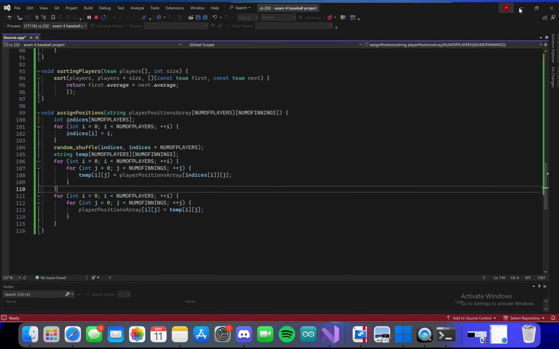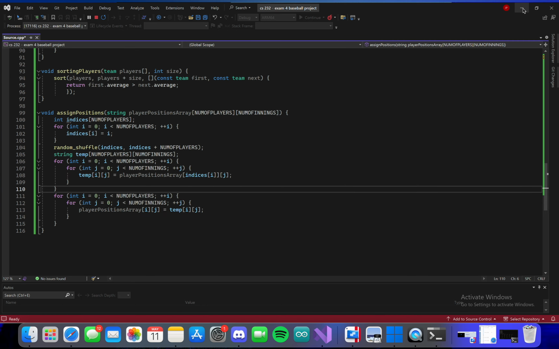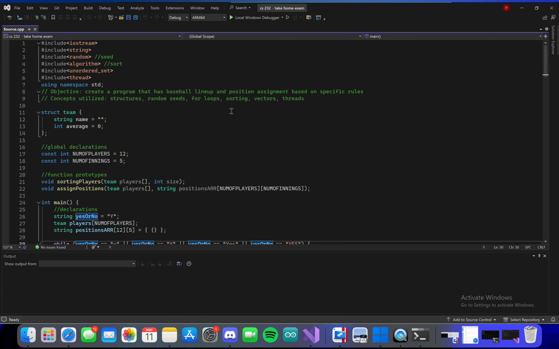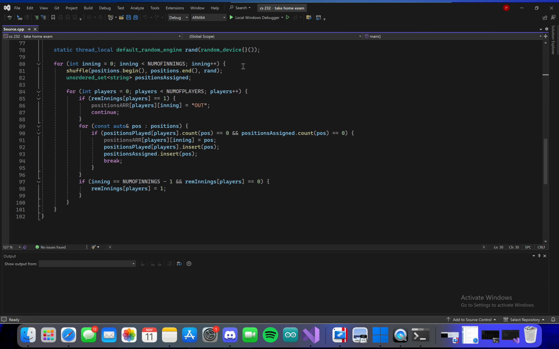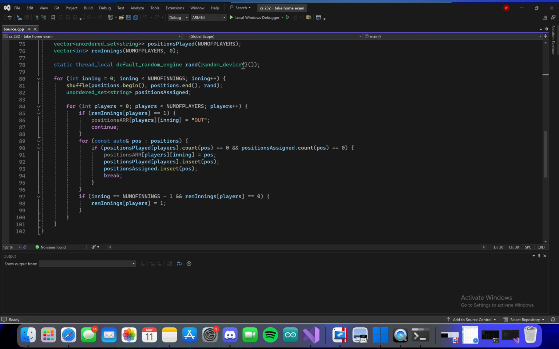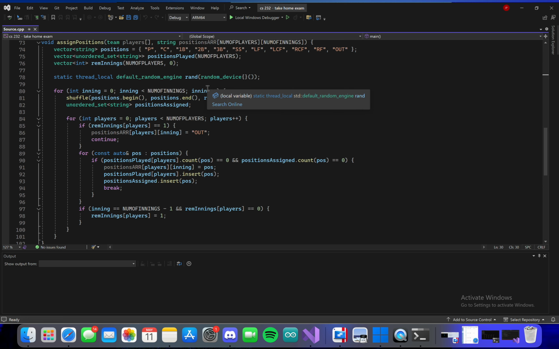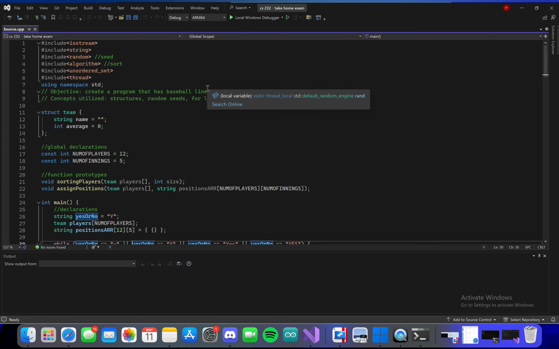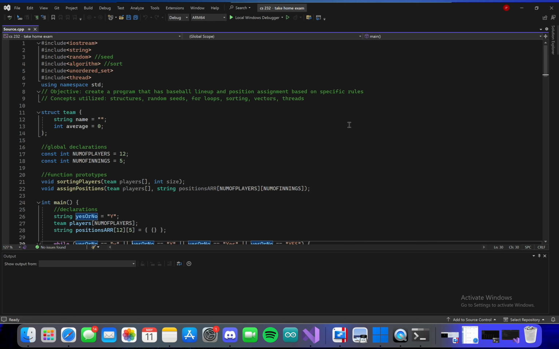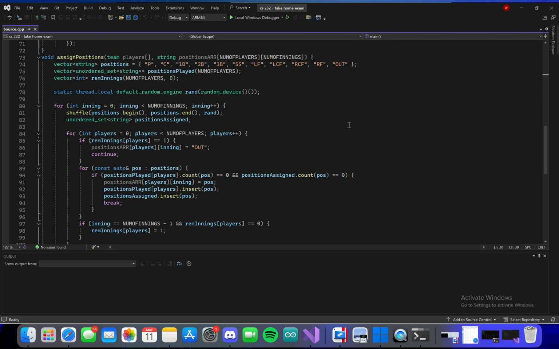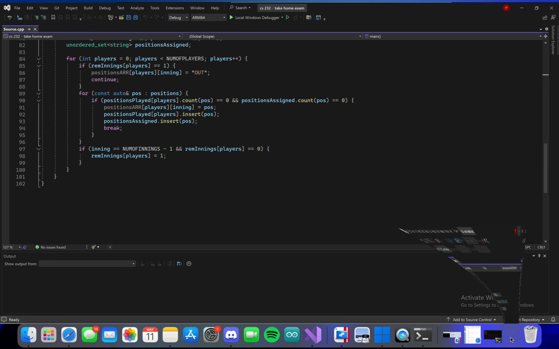I do want to explain that I had a lot of issues with my first code, and my first code was using a lot of vectors. To fix them, I tried doing something and it was working, just that the last line for the 12th position was not outputting. It was outputting out for all of them, and as much as I tried to, I just had to restart it. There was really nothing I could try and work out unless I went with Matthew to the tutoring center, and at this point I felt like it was just better to retry everything from a new perspective. So I changed my go-to approach from using vectors